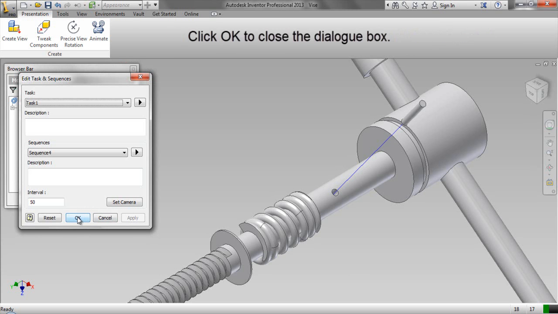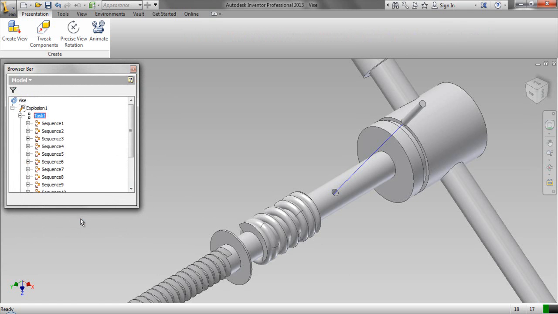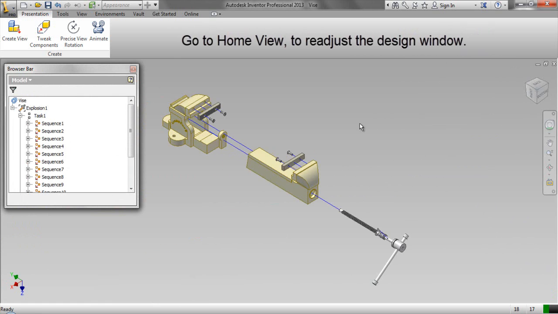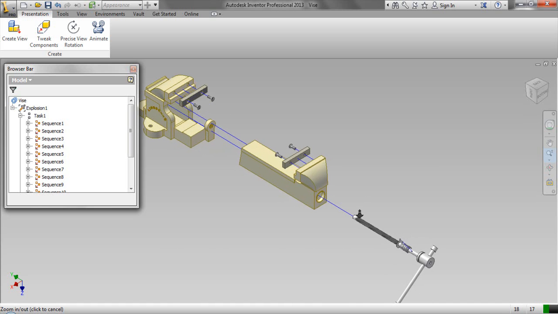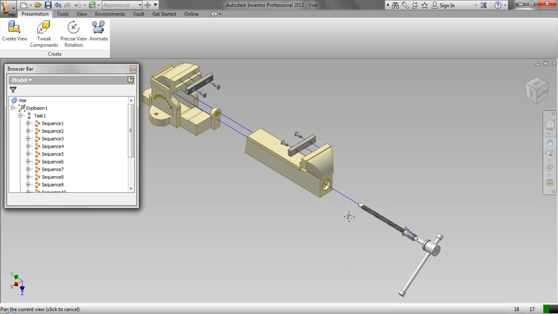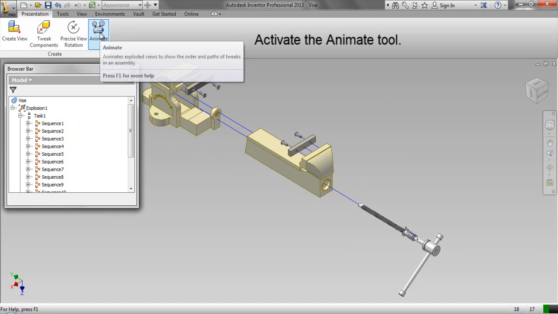Click OK to close the dialog box. Go to Home View to readjust the design window. Activate the Animate tool.